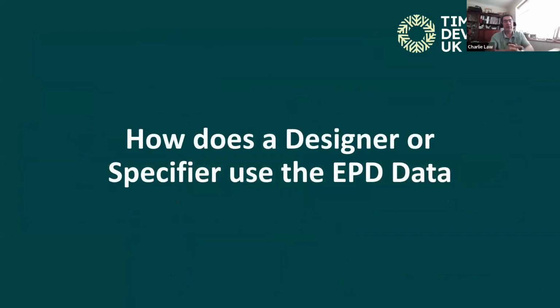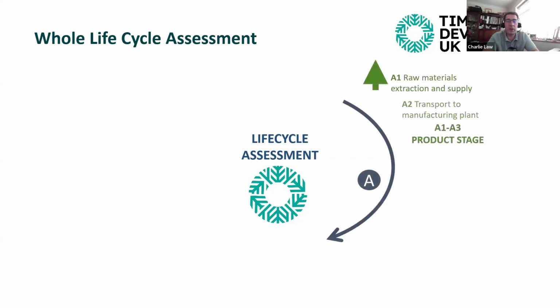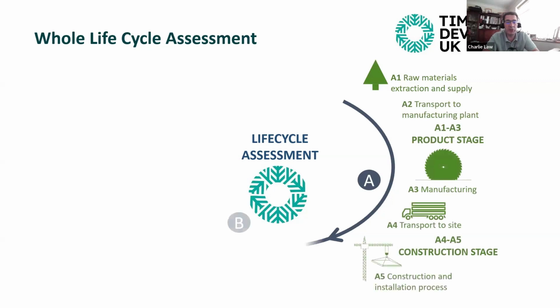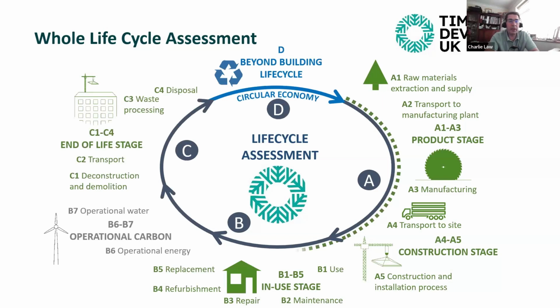So how does the designer or specifier use the EPD data going forward? The building life cycle assessment uses exactly the same process. Where we talked about A1 to A3 products and A4, 5 construction stage, the designer's doing exactly the same thing here. They're using all of those different stages. What they will have is obviously the embodied carbon that we talked about. So what we call the A1 to 5, the B1 to 5 and C1 to 4 is what we call